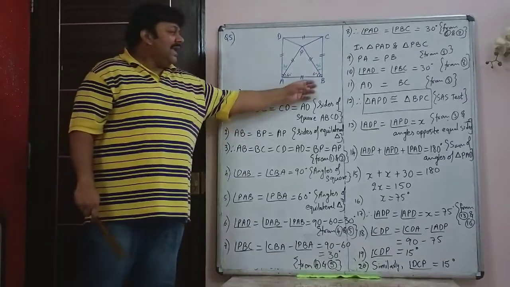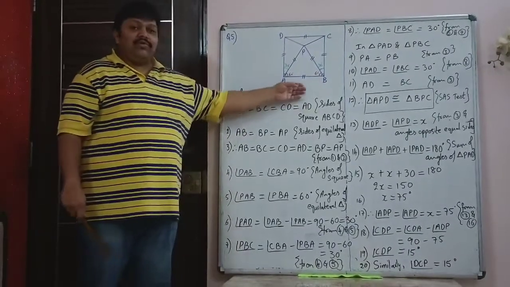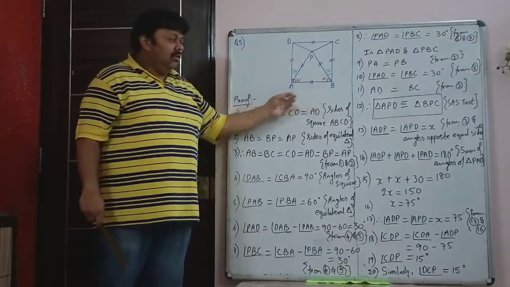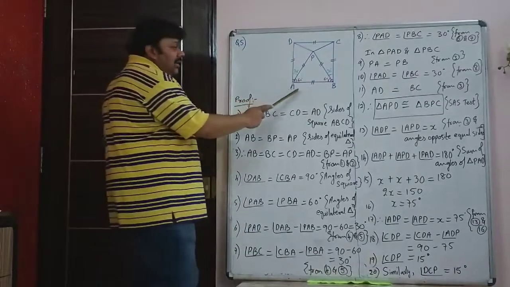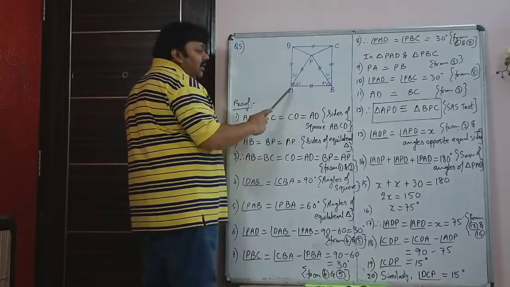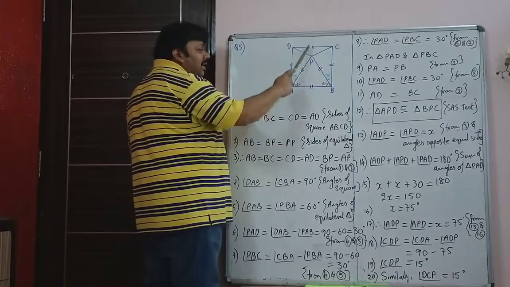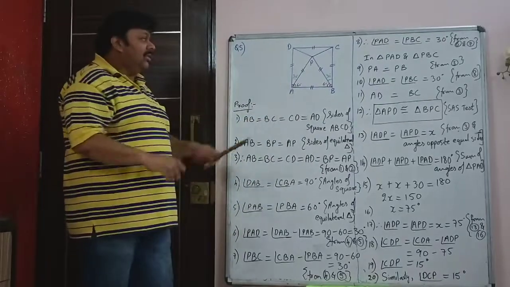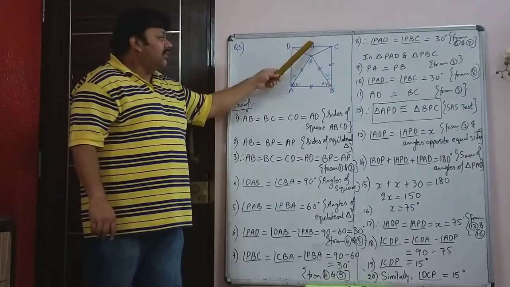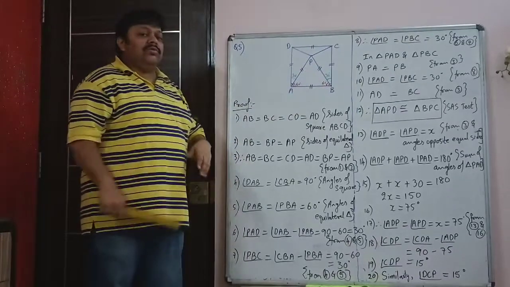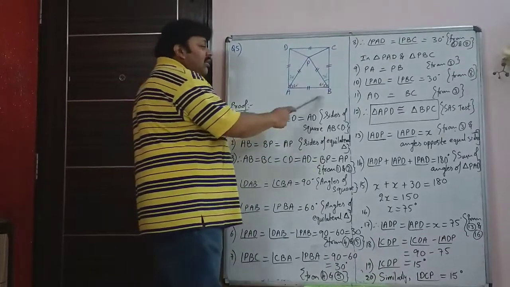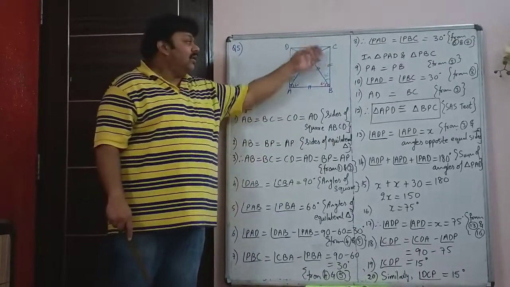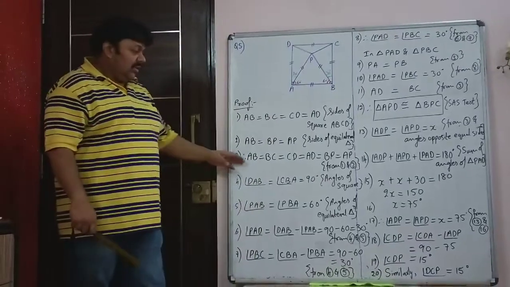So now because AB is a part of the square as well as a part of the equilateral triangle, we can easily say AB, BC, CD, AD as well as BP and PA are all equal. That means actually all these four sides and these two sides, that is total 6 sides, are equal because AB is common in the square and equilateral triangle. So we are saying that all these 6 parts are equal. So that is step number 3.